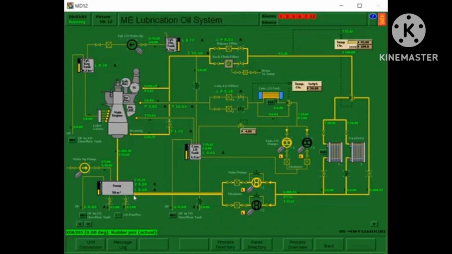Go back to MD2. As you can see, it is normal, unlike before when it was low. Then we need to close,